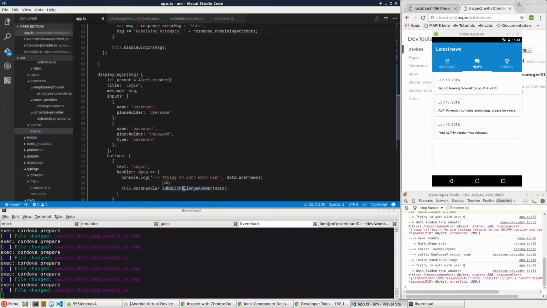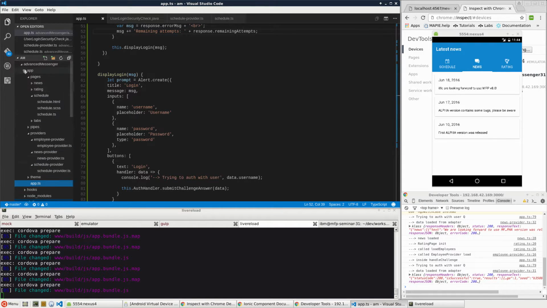Lab number 265. In this lab, we will add push notification capabilities to our mobile application, and we will start with overcoming a small bug in the current release of Google Cloud Messaging inside the Google Play services. So what we need to do is navigate to our platforms inside the Advanced Messenger, meaning the client-side